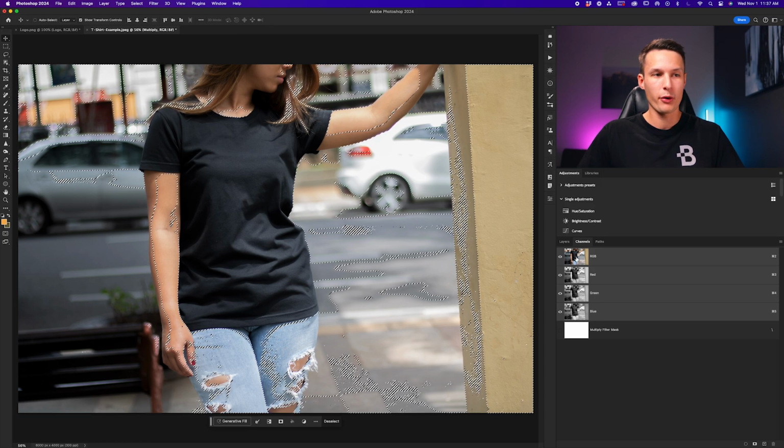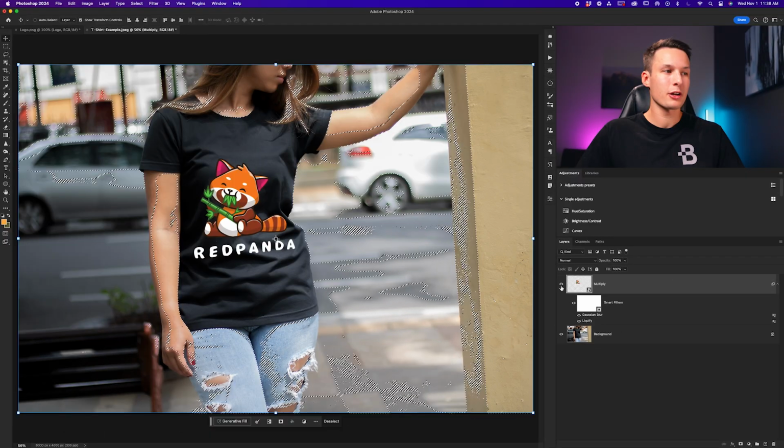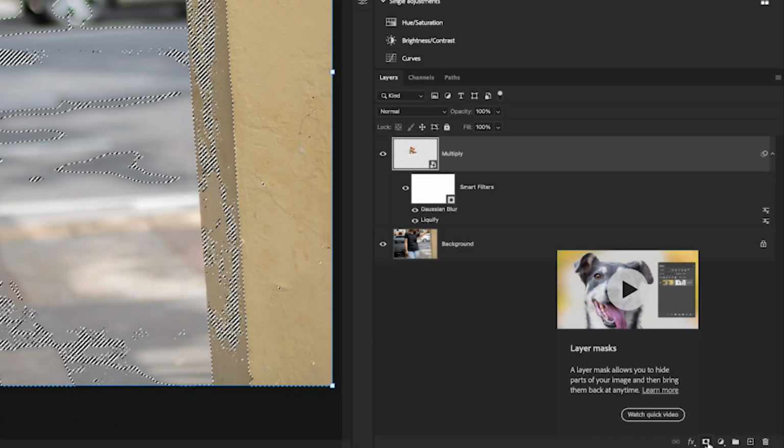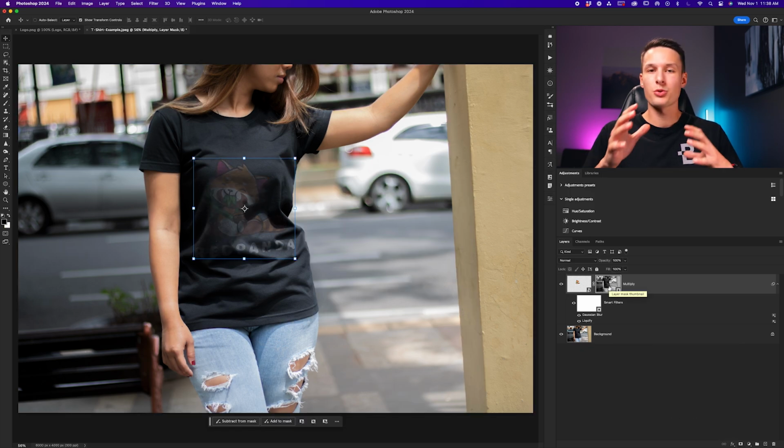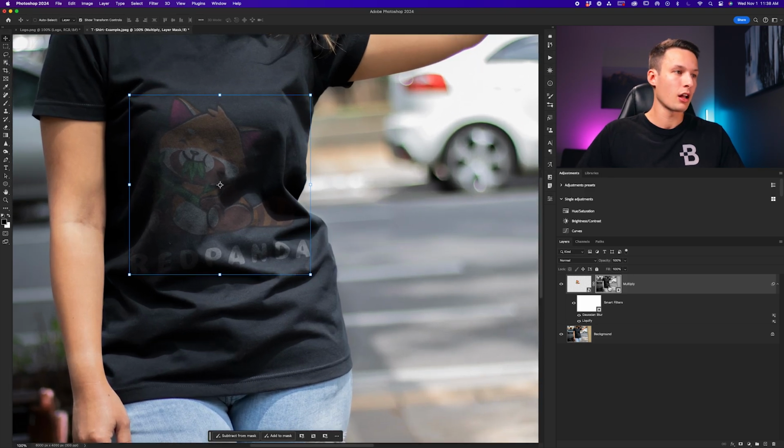ranges in your photo. Going back to the Layers tab here, I'll enable my multiply layer, which is the logo in this case. And with this active selection, I'm going to click on the layer mask icon while that logo layer is active. So now that selection will help define the visibility of our logo. Now you'll notice that our logo is suddenly a lot less visible, and the reason for that is because of